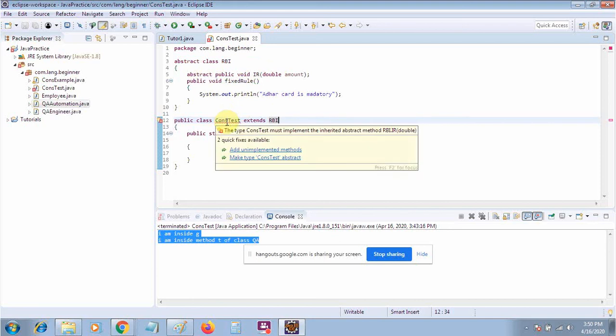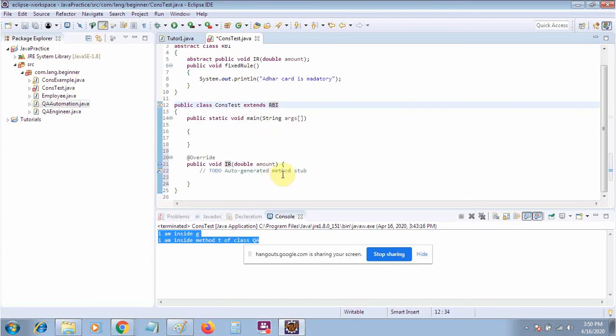As I told you, I click add unimplemented method, and this will be printed. So I will write that the IR is amount into 10.